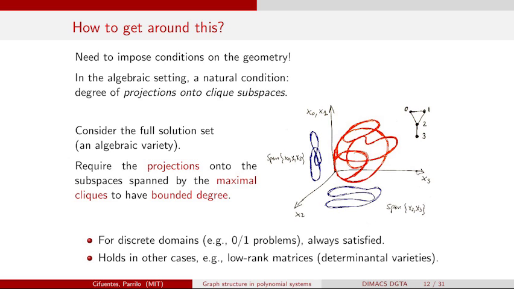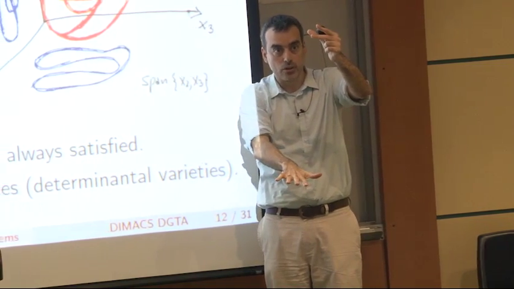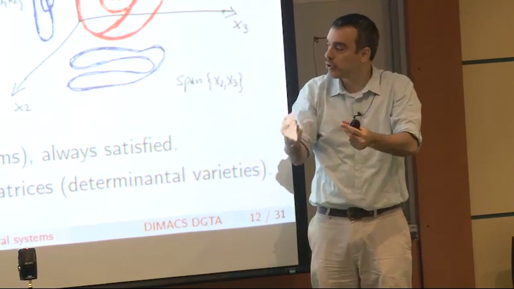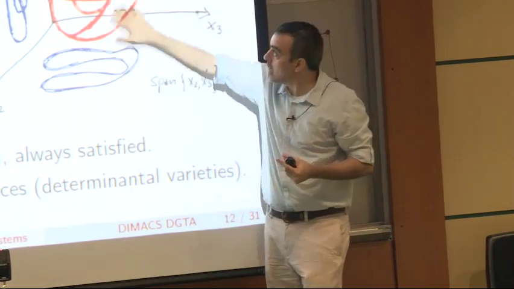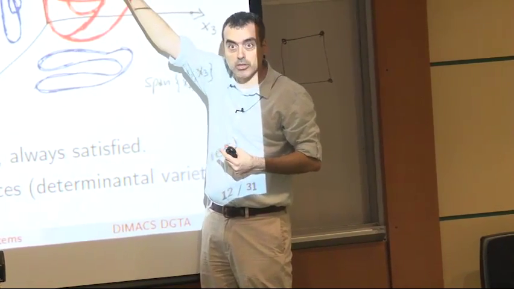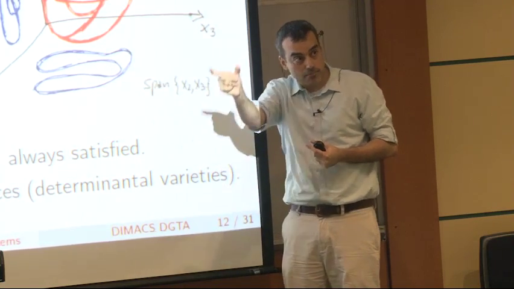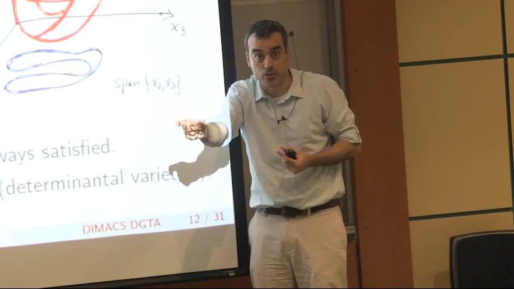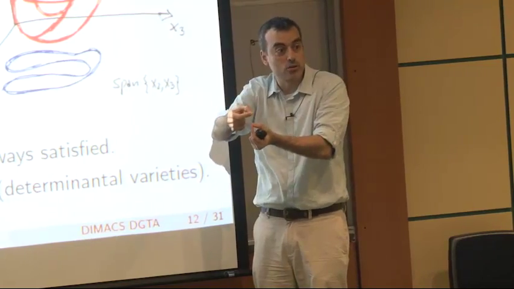But notice that something very particular happens when you take a hypercube and project it in a coordinate direction. All these points are going to lie on top of each other, and what you're going to have is a small dimensional hypercube. Even though I may have a hypercube in dimension 1,000,000, if I project onto a 5-dimensional space, if I marginalize onto a 5-dimensional space, at most I'll see 32 points. I will not see anything more than that. All the other ones are going to lie on top of each other.